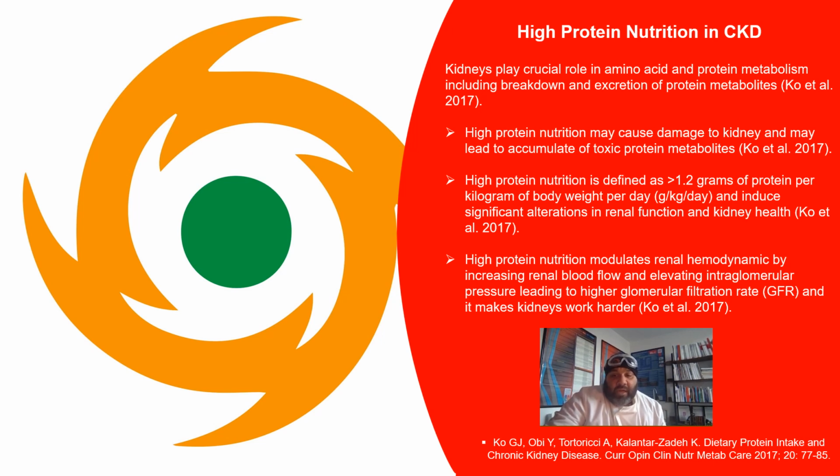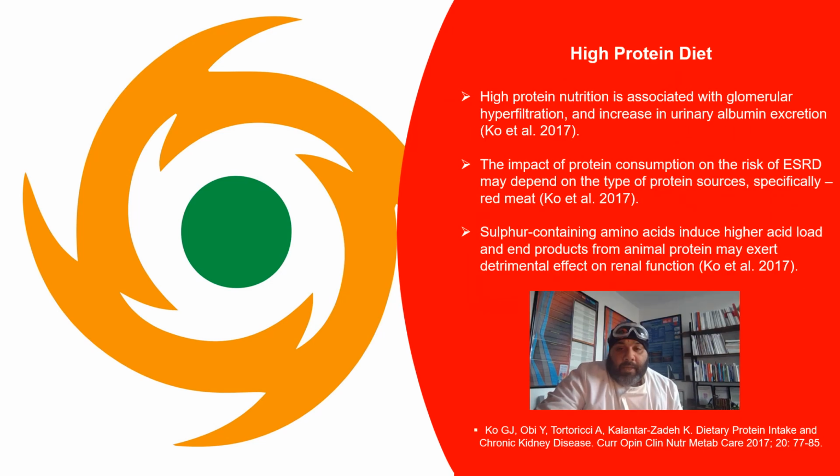and in this context a high protein diet can make the renal system work harder. In addition, high protein nutrition can also be associated with glomerular hyperfiltration and increased urinary albumin excretion as well. The impact of protein consumption on the risk of end-stage renal disease may depend on the